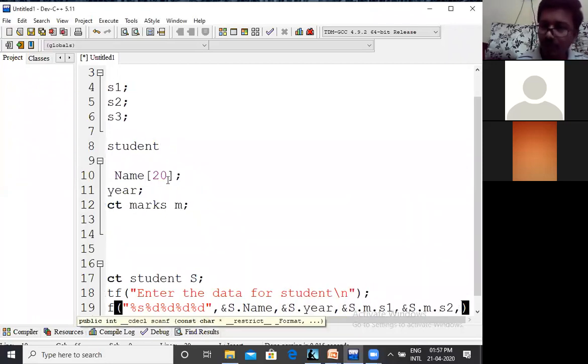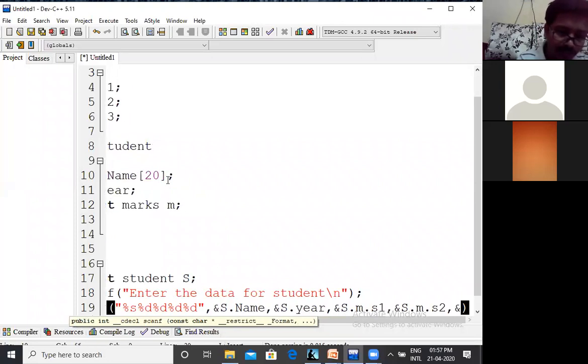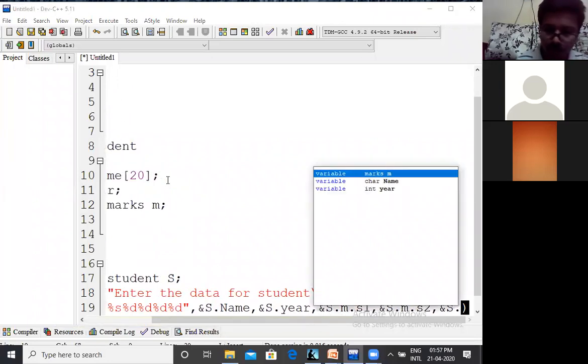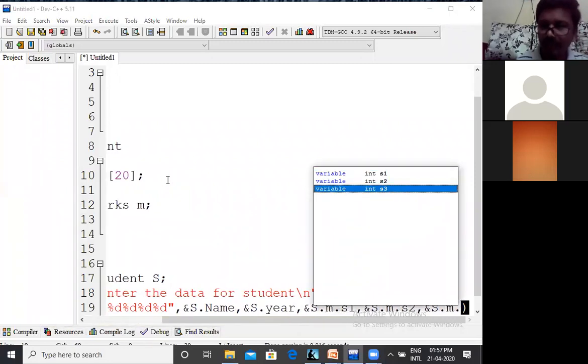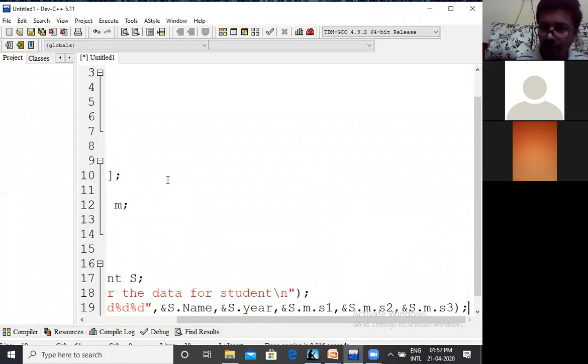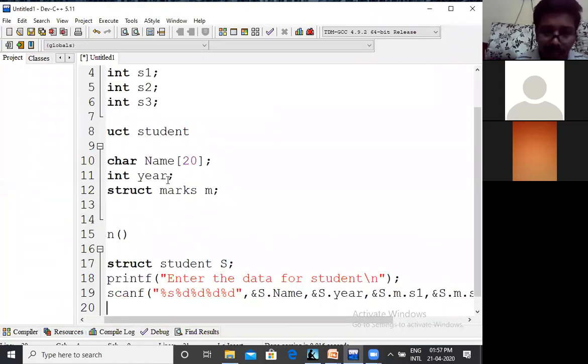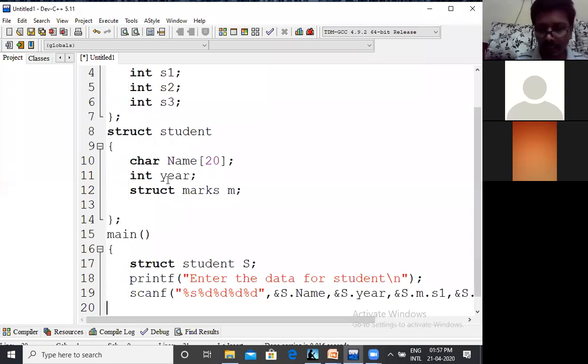Now s2. Next ampersand capital S dot m dot s3. So in that way, we are allowing user input data to the system. We are storing different type of information to the student structure. But here the student structure contains one more structure within it, that is the marks.